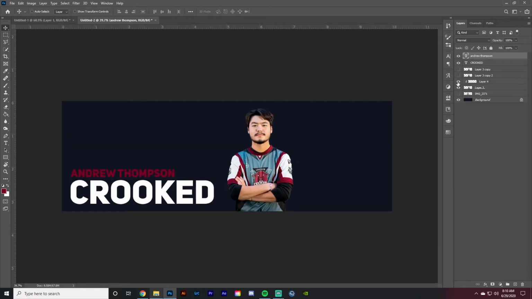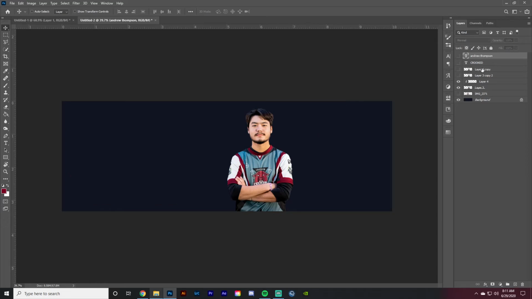So if we hide this layer, you can definitely see this just makes the entire picture stand out, pop out more. And this just looks dull to me, even though we did the color correction edits and whatnot. This is definitely something that you want to do with as many edits as you can. Obviously, you're not going to be able to do this with everything, and it depends. But even if we took this away, this still